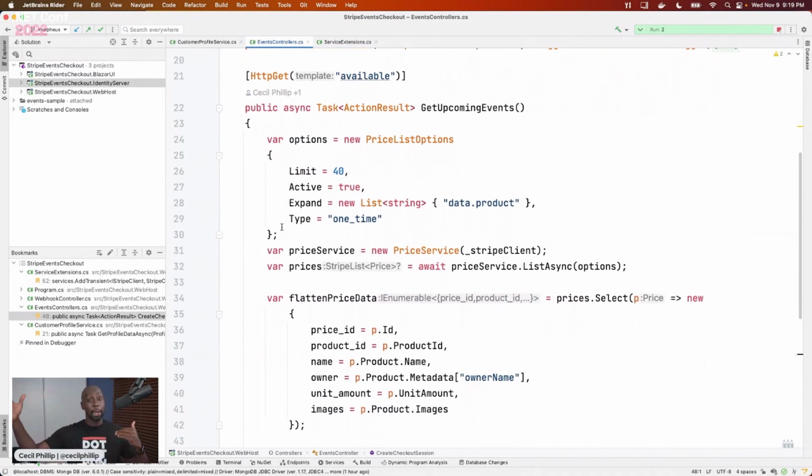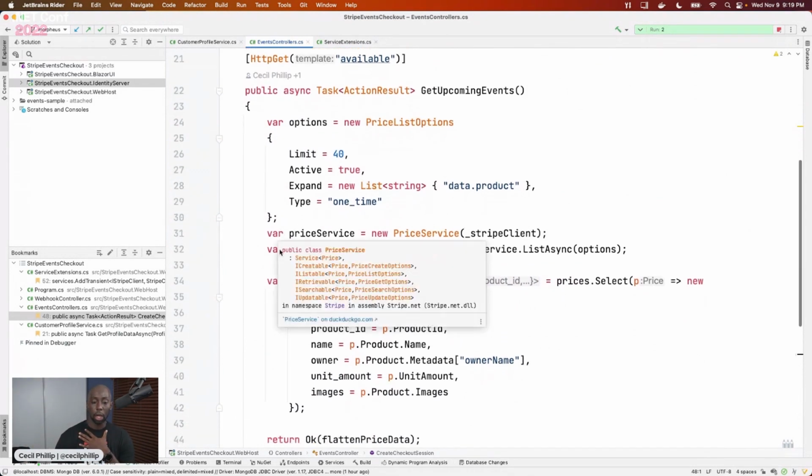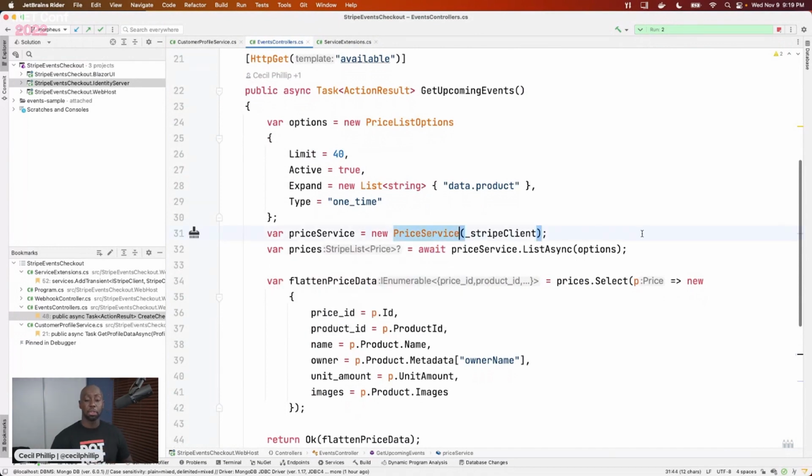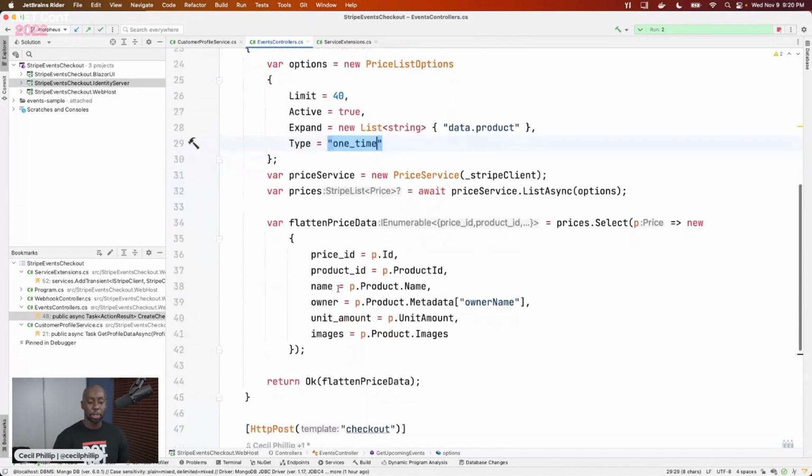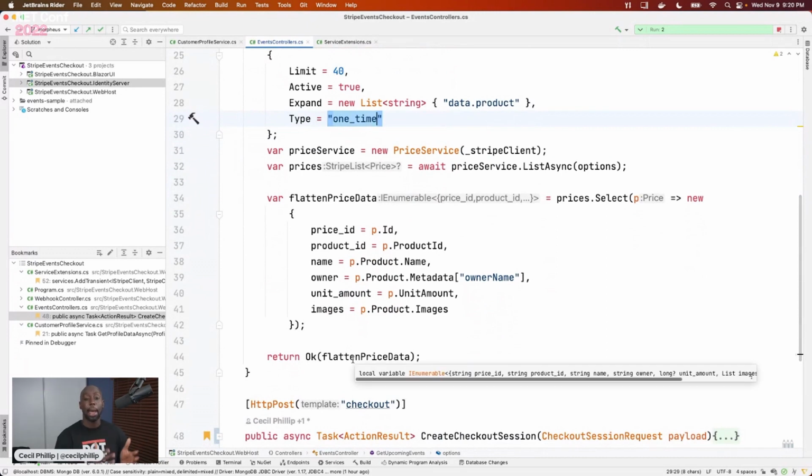Right, so that was the main page that showed all of those products. Where did those come from? Well, here you can see that I'm querying the price service. When I query the price, it also comes attached with a product. So I'm saying, hey, give me the price for these things that are one-time payments. One-time payments just means that they're not subscriptions. So give me this stuff, and I'm going to iterate through them, create a nice, beautiful Blazor UI, and just return a list of stuff that's happening on the screen.